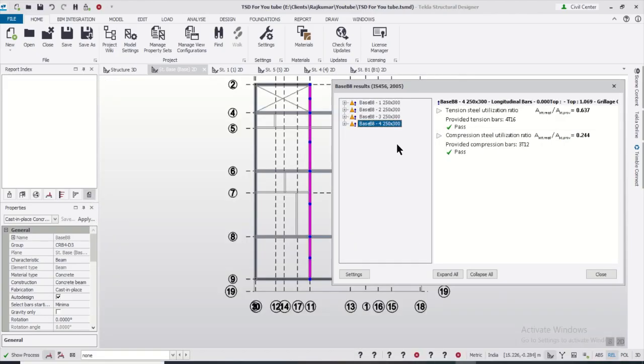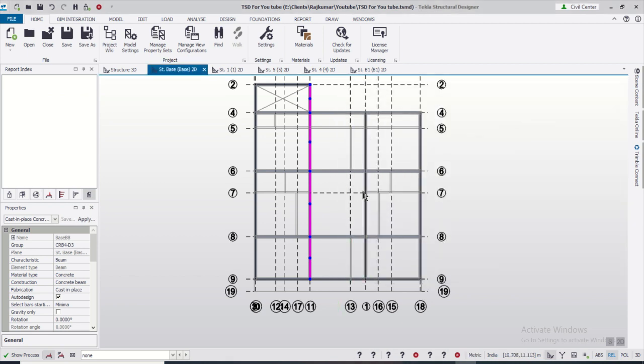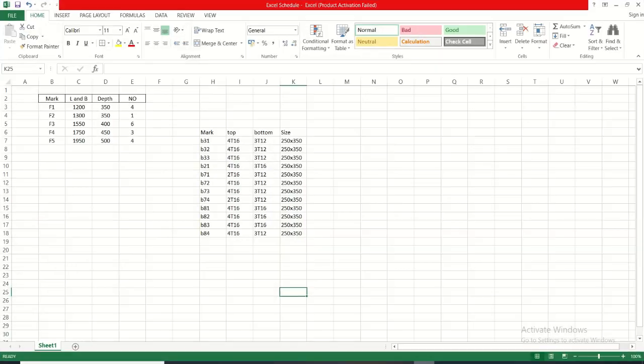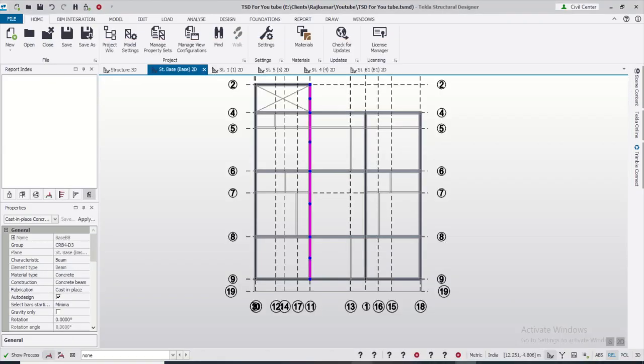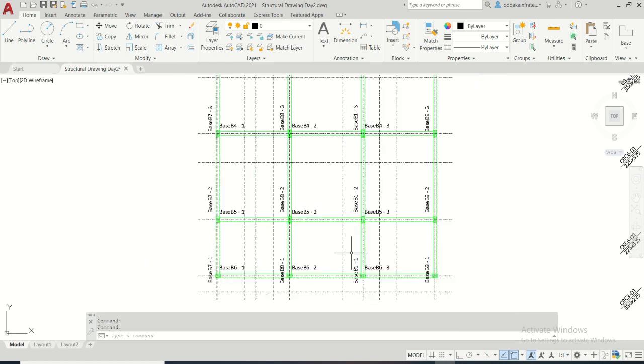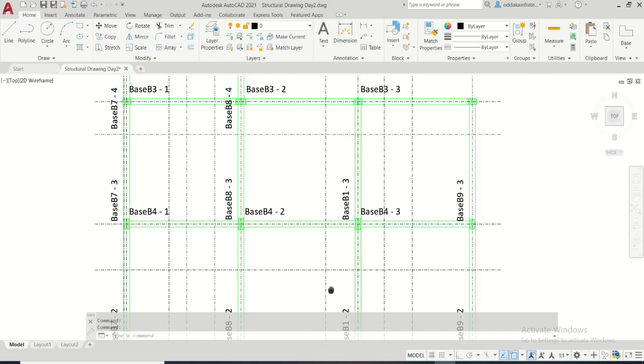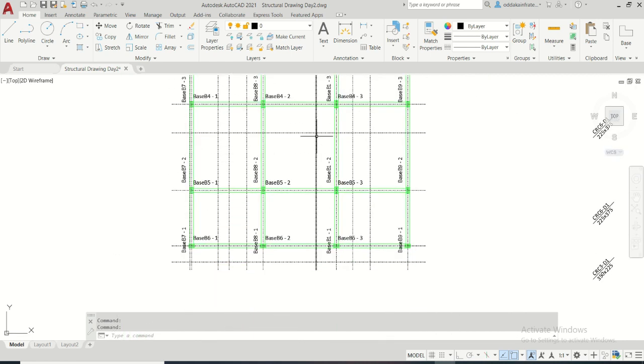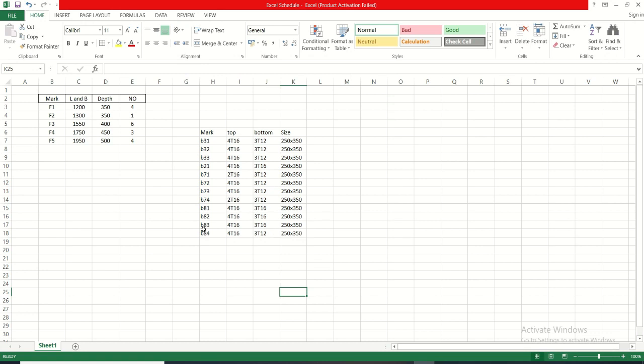Okay. So as you can see, this was the 8 series. Now we'll go to the next one. This 1 series will go, and for that you can see the naming here. The naming will be B, so this will be B11, B12, B13. So we'll just do this naming as B11, B12, B13. The sizes will be the same,